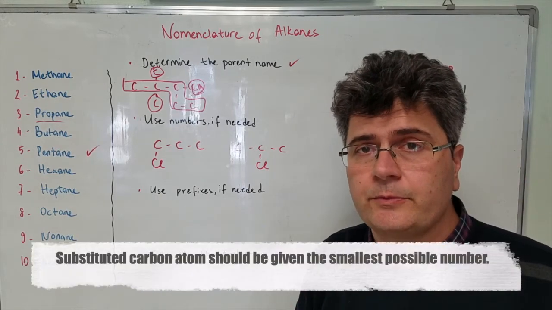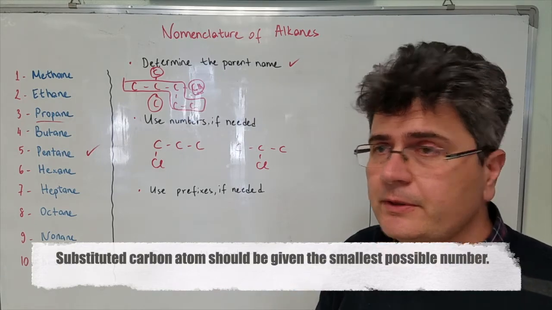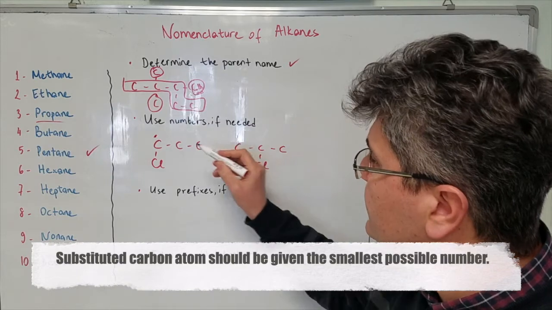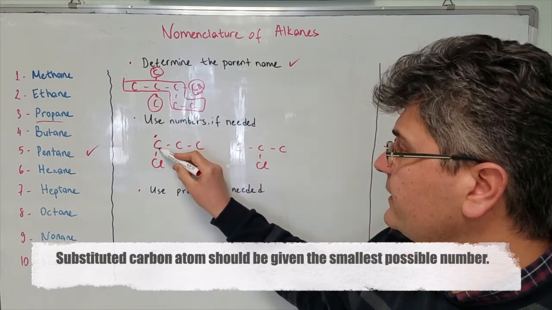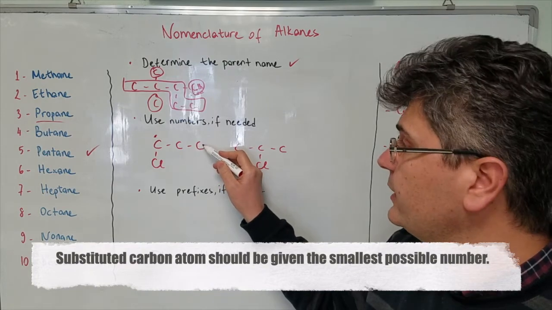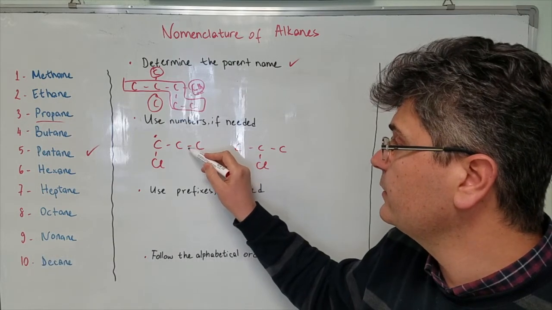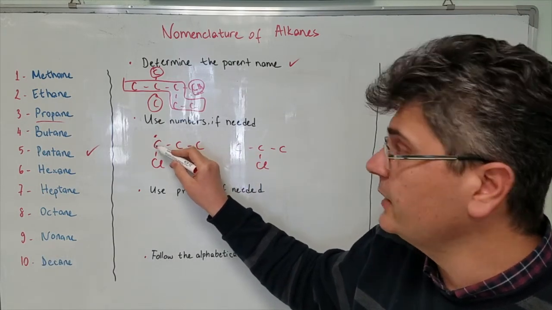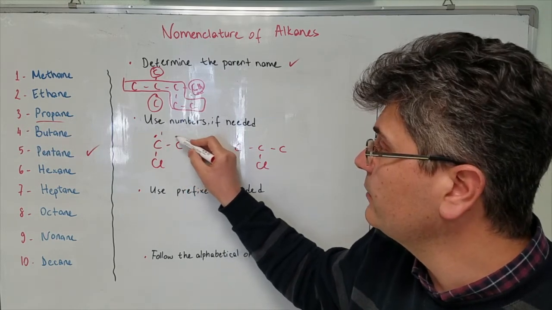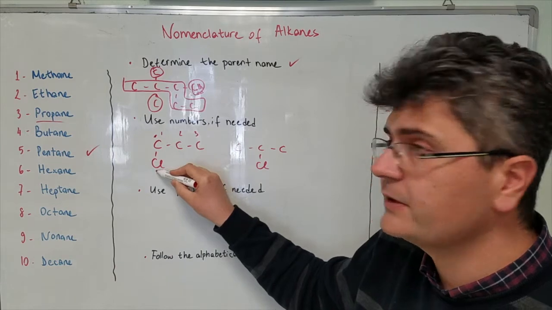Substituted carbon atom should be given the smallest possible number. So this is my substituted carbon atom. If I start from the left-hand side, it's going to be 1, 2, 3. If you start from the right-hand side, it's going to be 1, 2, 3. But I want this to have the smallest number, so it's going to be 1. So 1, 2, 3. So the name of this compound will be